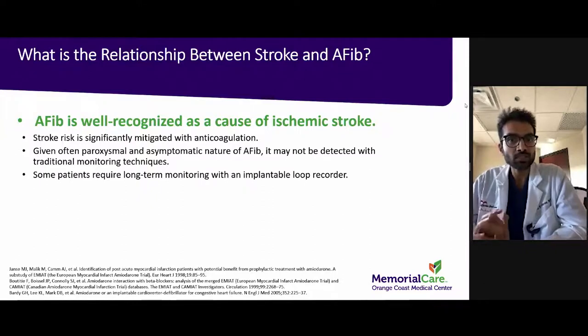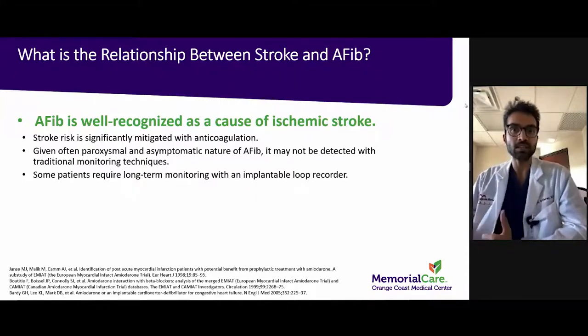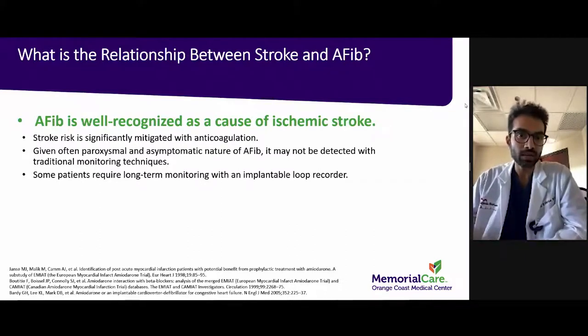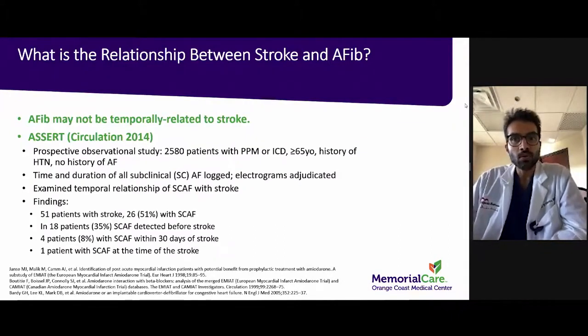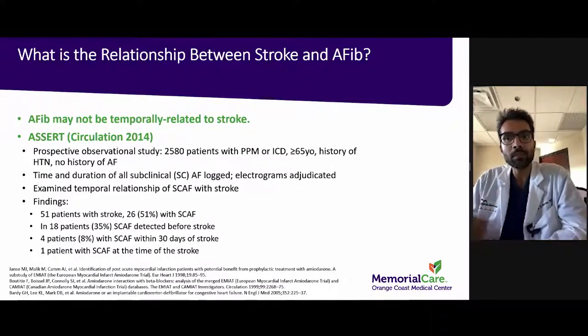Given the often paroxysmal and asymptomatic nature of atrial fibrillation, however, it may not be detected with the use of traditional monitoring techniques. And this is why in some of the patients who have subclinical AF and stroke as a presenting manifestation of AFib, we do recommend a long-term monitor, such as an implantable loop recorder. Next slide, please. So the rationale for that can be summed up by this study by Brambati and colleagues